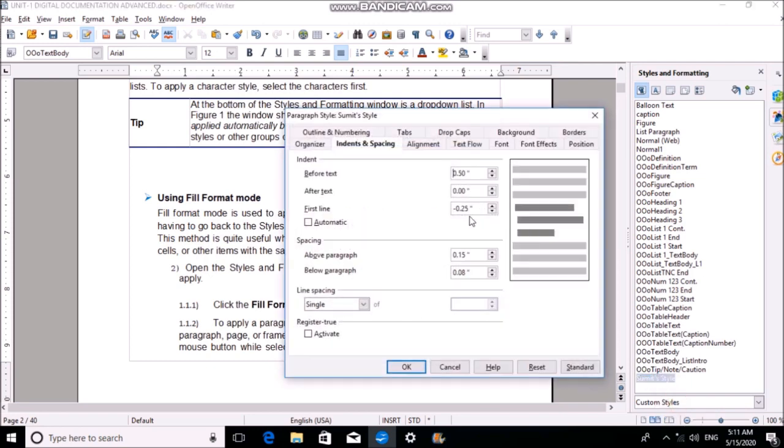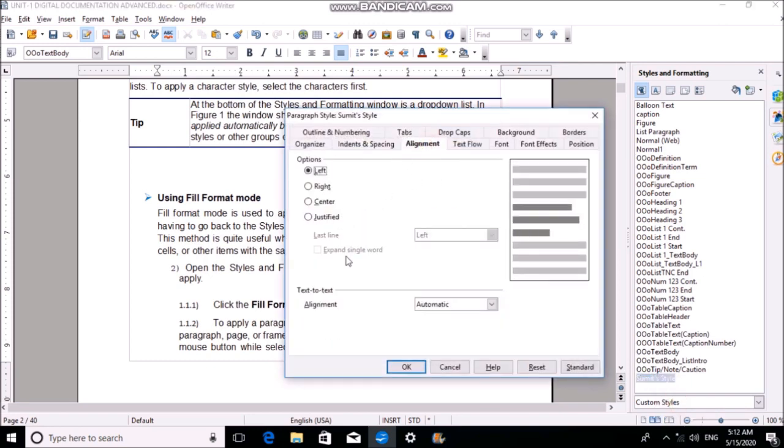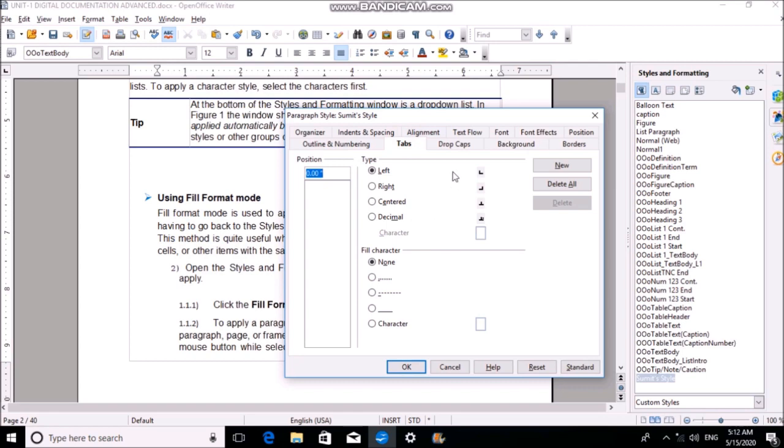So we were on our Sumit style sheet, modify, right? Alignment, you want to make alignments here. Okay, what kind of tabs are there, you have a tab button right there. So suppose you are pressing the tab button, how much space will be given. Normally by default the value of tab is 8 spaces, but here they are measuring with inches, or centimeters. This is the left tab, right tab, center tab, decimal tab, right? The type is given to you, or if you want to make a new one, you can create a new one.